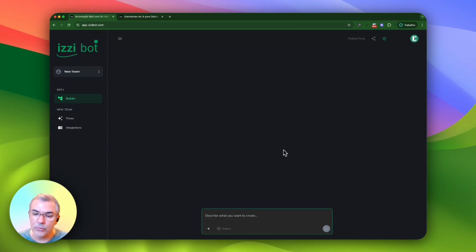The first thing to do is to describe what the flow should do. In this case, we are going to create an EasyBot website agent. So I'm going to put here the following request. Create the EasyBot website agent. It must have a default menu, always returns when users send a message and no other block is returned. But before sending this request, I'm going to provide some context information.